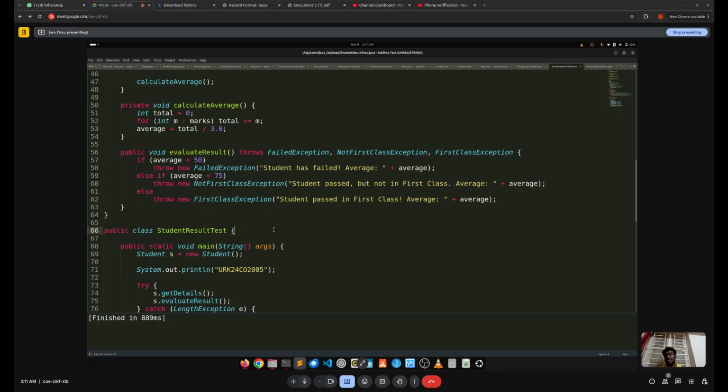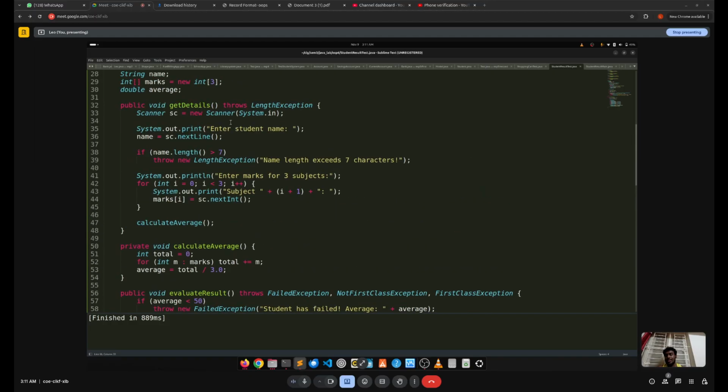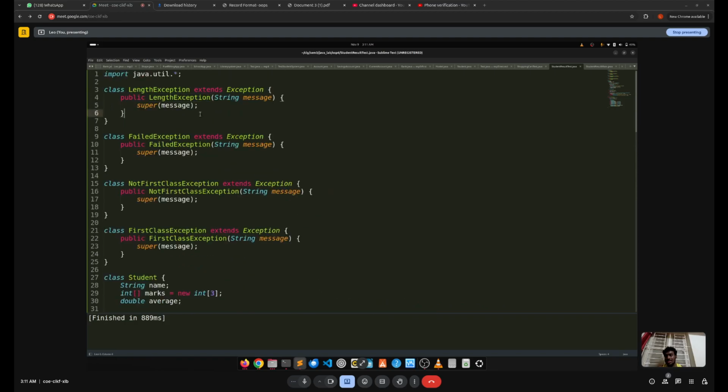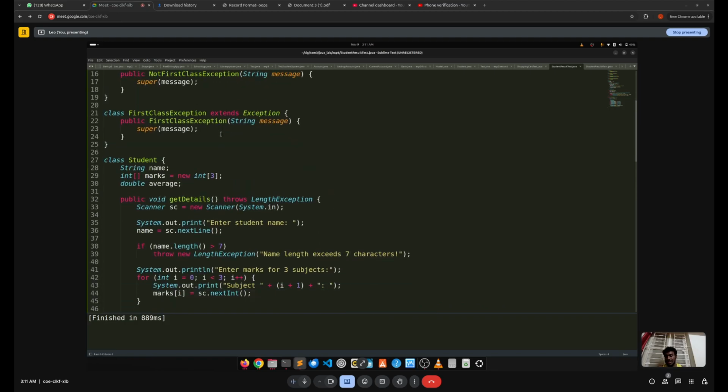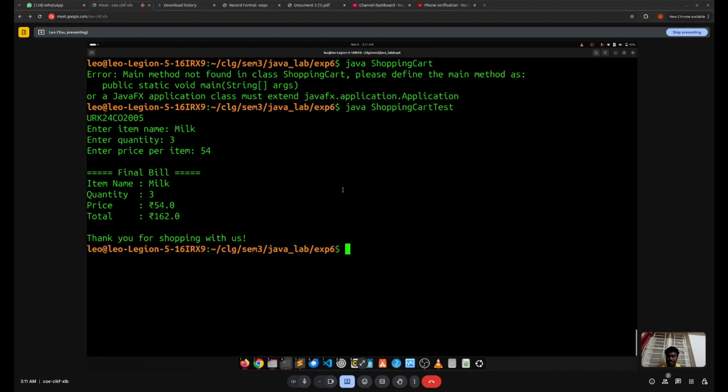So it also validates the name length. So when we ask the name of the student over here, if the length of the name of the student is greater than 7, this throws a new exception called length exception, which we have already declared over here. So if I run this,